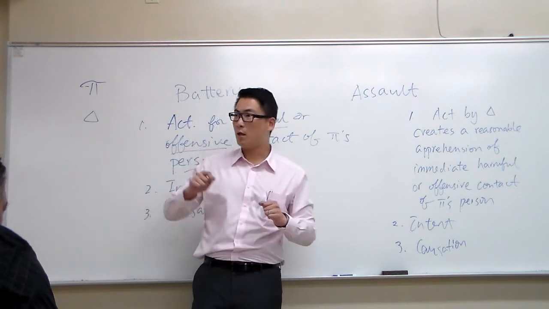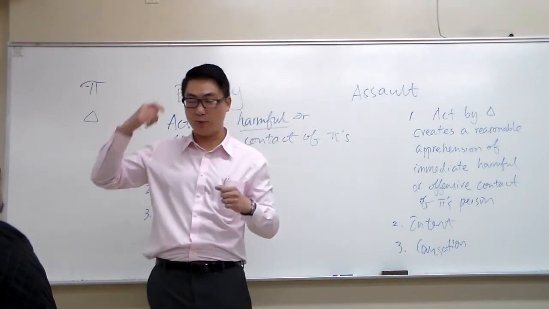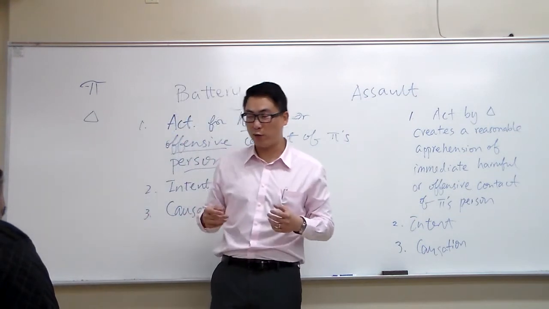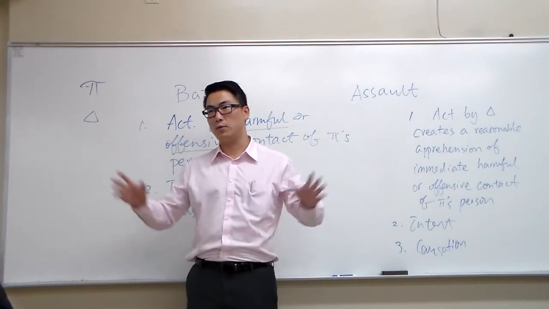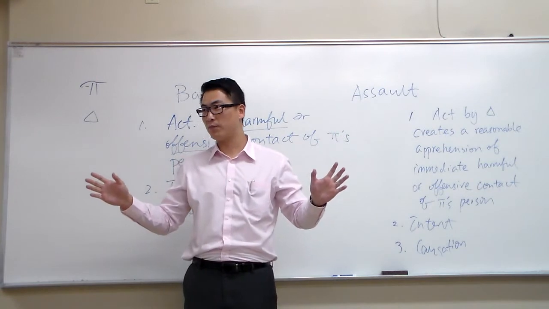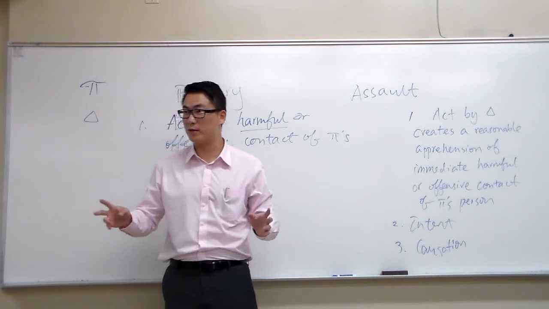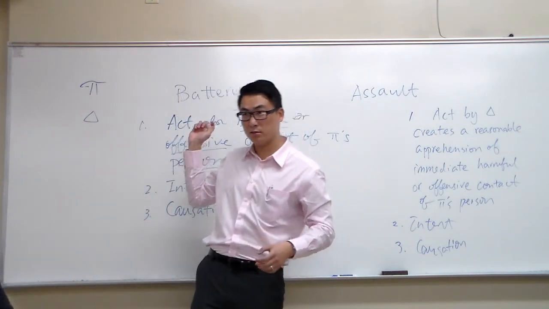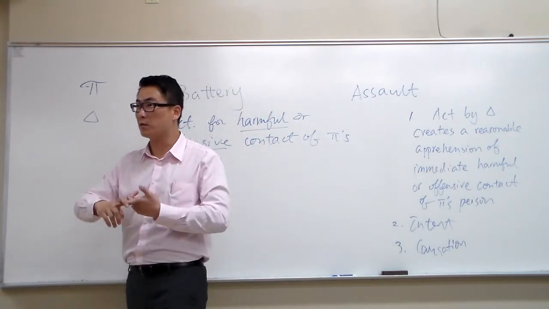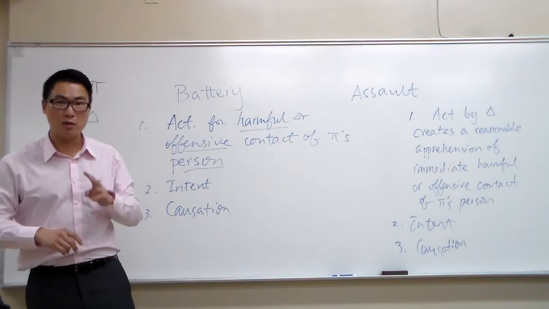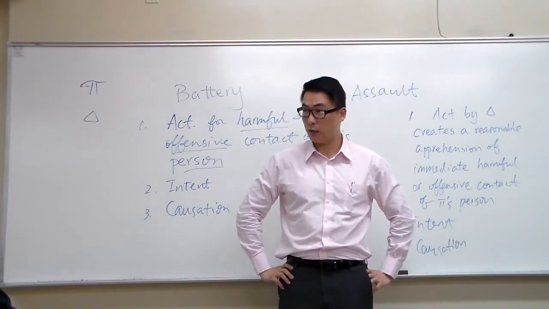So, if Bobby comes towards me swinging the book, trying to hit me in the head with the very heavy book, and then he actually does hit me, can I sue him for battery? Yeah. Can I sue him for assault? Yes, I can sue him for both, because first of all, there was a contact, and second of all, there was an apprehension before he hit me. So that's assault and battery. I can sue for both, two causes of action. Any questions?